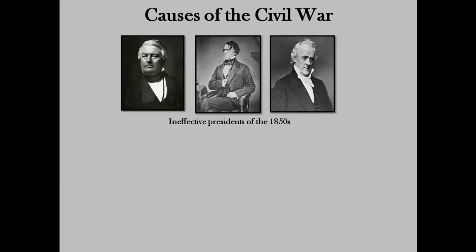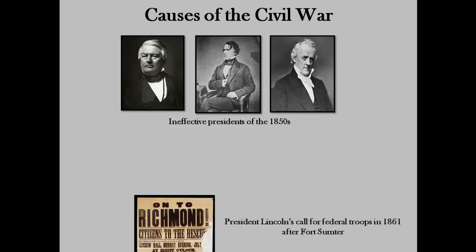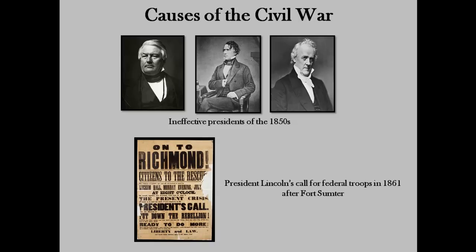Also, the presidents during the 1850s did nothing to inspire unity. Millard Fillmore took over after the death of Zachary Taylor in 1850. But very little comes to mind when the name Millard Fillmore comes up, except maybe who? And the aforementioned James Buchanan allowed the South to secede and form their own government without a response. And lastly, Lincoln's call for federal troops after Fort Sumter. All 7 of these causes drove the two sides apart and into a deadly war that would last 4 years.